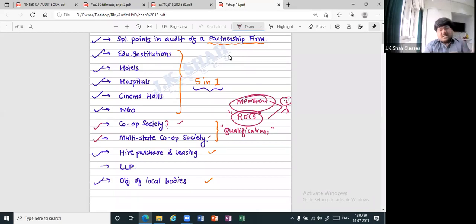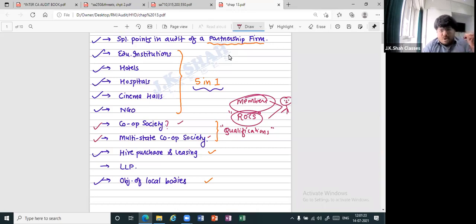Then obviously there are certain other points also which we basically have to check. Although the main points I'm telling, whatever they are, the other points include that a cooperative society can give loans to nothing but the members of the cooperative society, not to anybody else. But if they want to give loan to anybody else, they will have to take the approval of the ROCS. Only if the ROCS gives the approval, then they can give the loan to the other society as well. Similarly, borrowings, they should normally take borrowings only from the members. However, if at all they want to give borrowings to others, then again, they will have to take the permission of nothing but the ROCS.